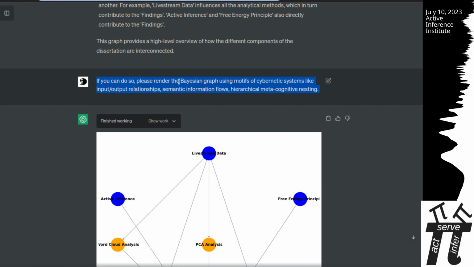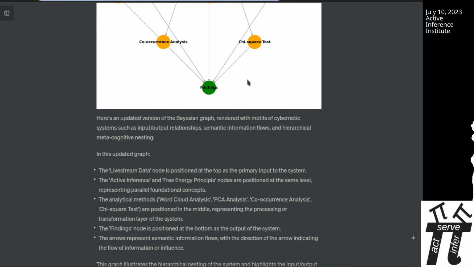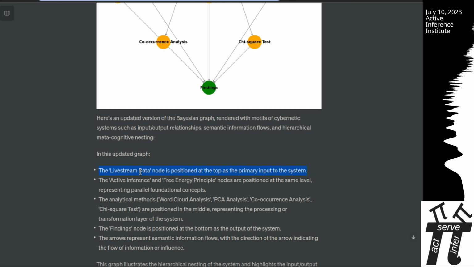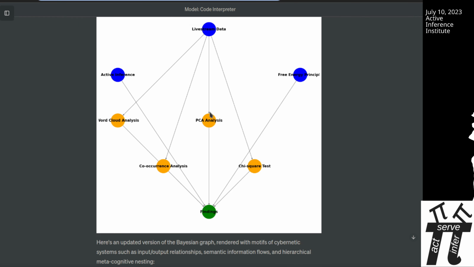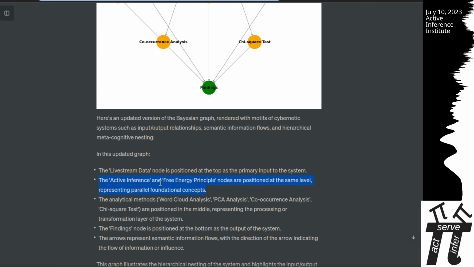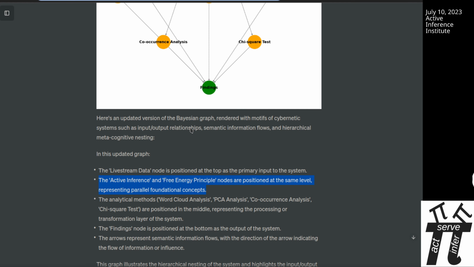I asked for this Bayesian graph to be re-rendered using the motifs of cybernetic systems like input-output relationships, semantic information flows, and hierarchical metacognitive nesting, and a slightly rearranged graph was displayed. In the updated graph, livestream data is positioned at the top as the primary input to the system. Active inference and free energy principle nodes are positioned at the same level, representing parallel foundational concepts.